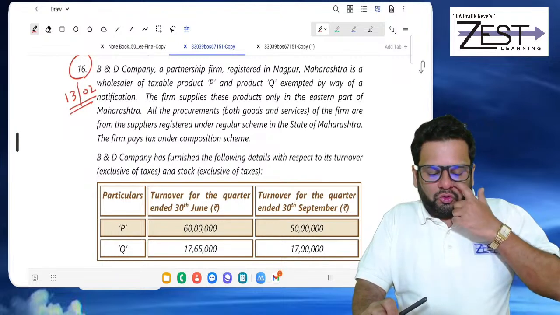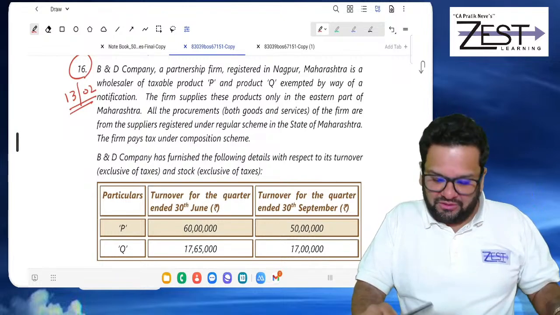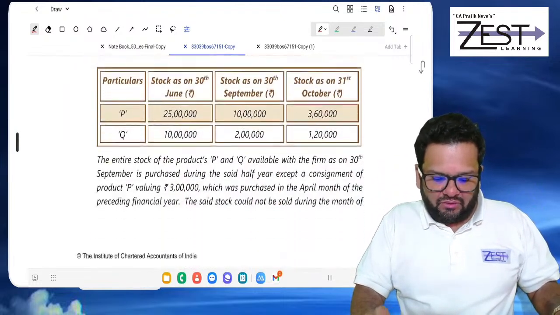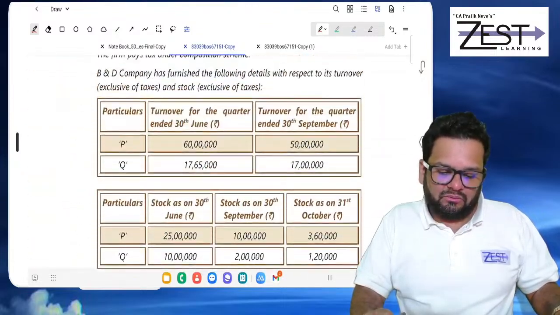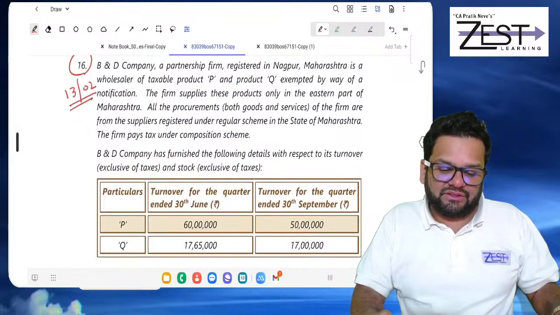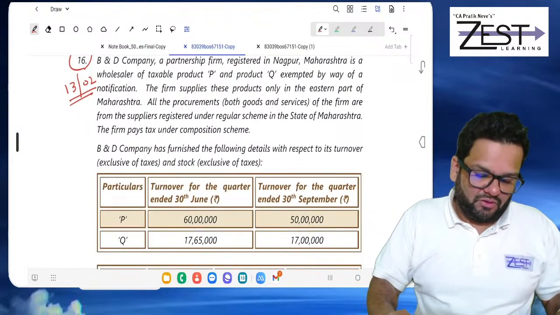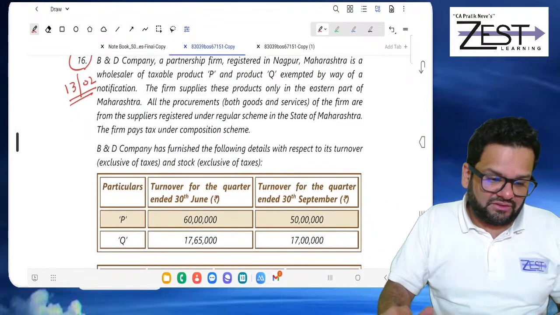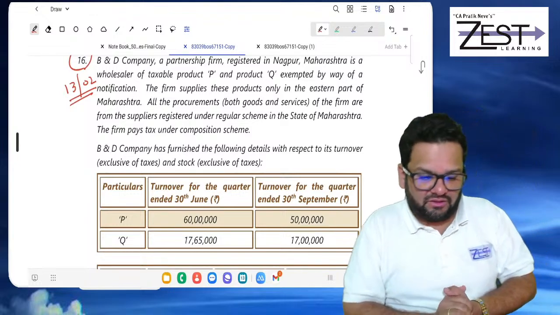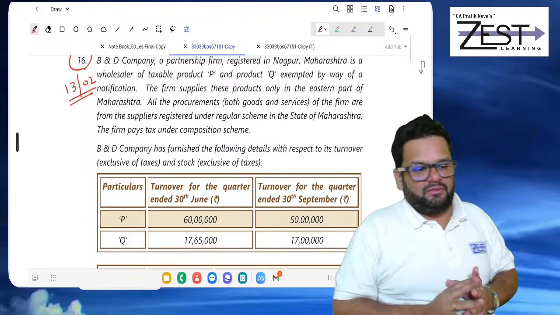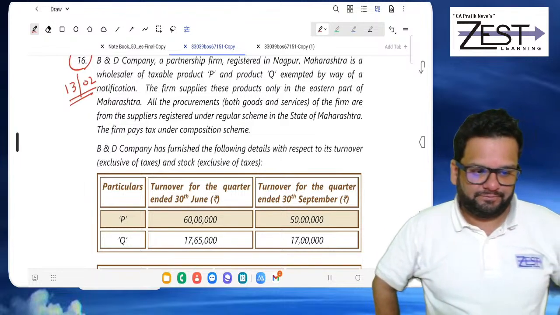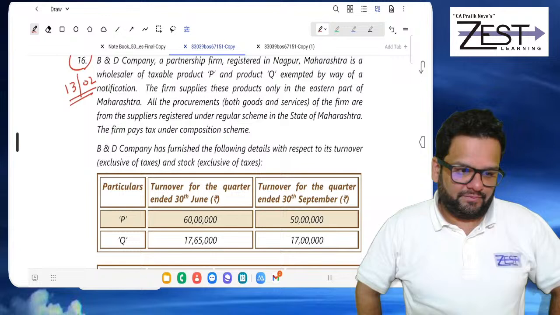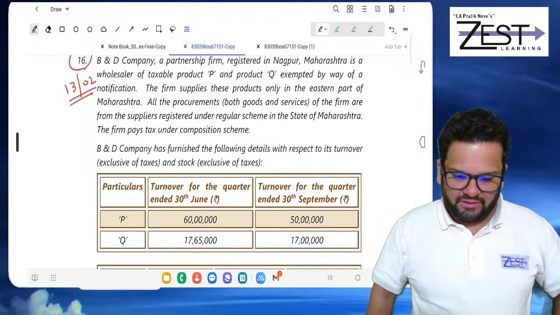Then I want to go to the 16th question. Really one of the beautiful questions I have found in the module is this 16th question. When you are ready for the 16th, say 16 in the chat window. Really beautiful question. See,